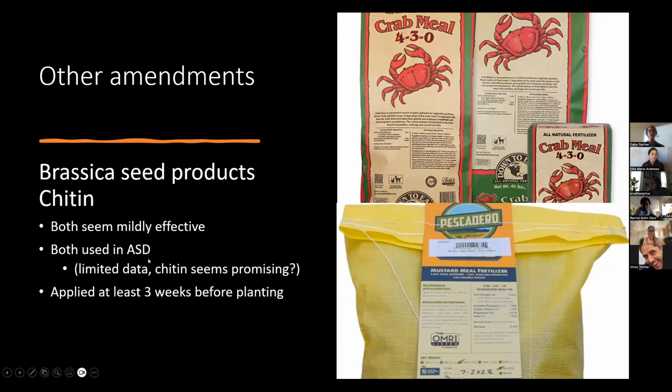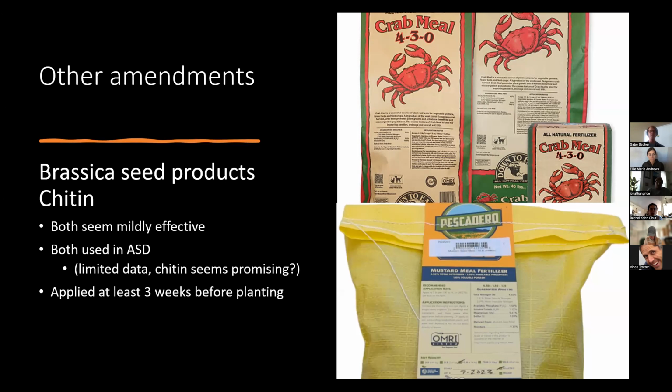Finally, other amendments: brassica seed products, like mustard meal and chitin, have been shown to reduce Fusarium wilts. Neither of these is super effective, but they do see some reductions in disease pressure in at least small scale tests. There is some interest in using these in different kinds of decomposition processes, like anaerobic soil disinfestation, to increase their efficacy. But one thing you should know if you use either of these products is you need to apply it